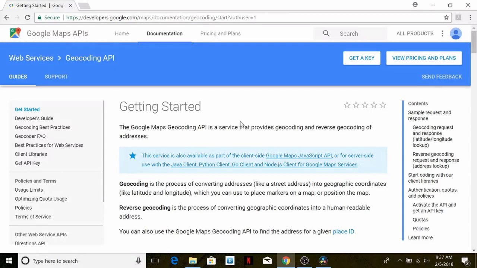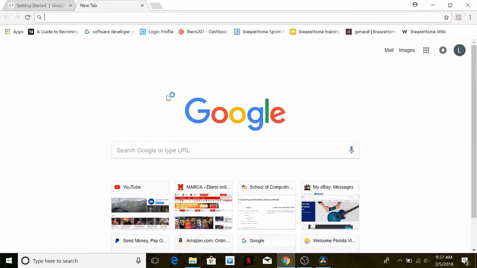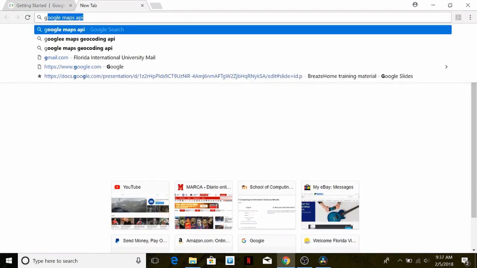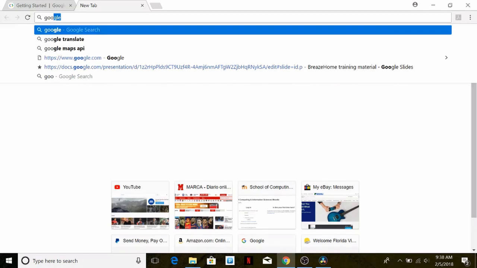Hello everyone, I'll be going over a short tutorial on how to use the Google Maps Geocoding API. This is the main documentation page. We can get here just doing a quick Google search on Google Maps